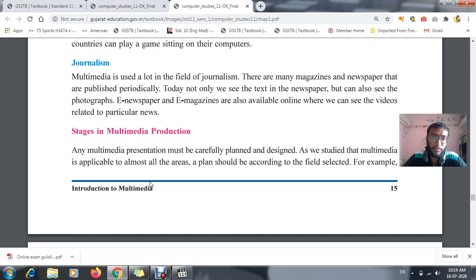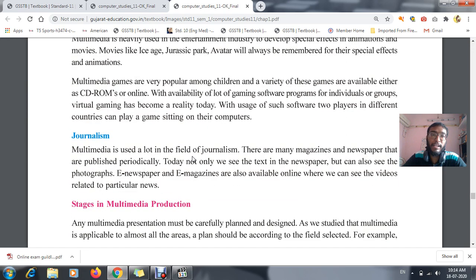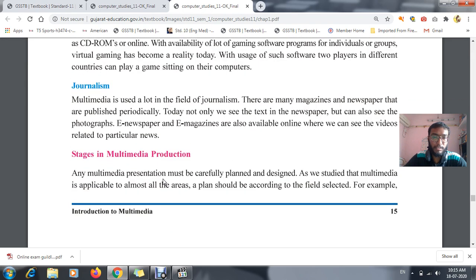Hello students, good morning. Now in today's topic we will be studying about the stages in multimedia production. In your previous period we learned about the usage of multimedia in areas such as journalism, advertisement, education. Now today's topic is about the stages in multimedia production. Among them, the first topic